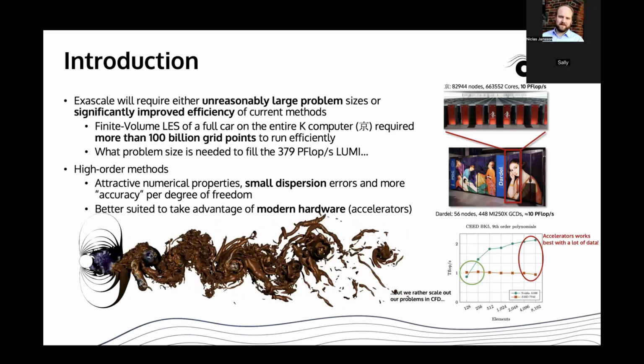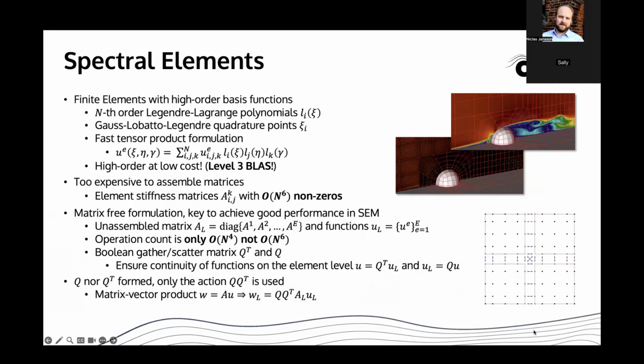A bit more theory. High order in this setting is spectral element. So that is normal finite elements, but with high order basis functions: nth order Legendre-Lagrange polynomials and well-suited quadrature points, so you can express your local solution per element as a fast tensor product formulation. It has been known since the 80s. It works very well on CPUs, because instead of having a low byte-to-flop ratio, you can now move to level 3 BLAS and do more matrix-matrix operations,